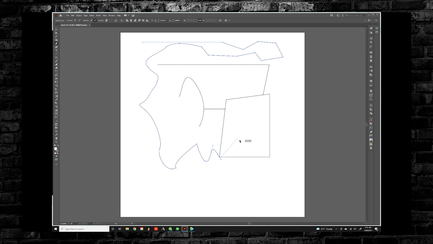Another thing that's kind of handy is if you push caps lock, it turns it into a more precise cursor as well. And lets you decide which way you want to work. But as you keep going,